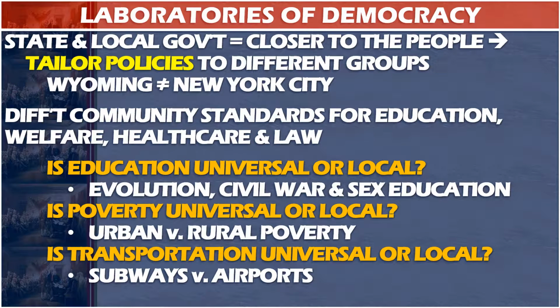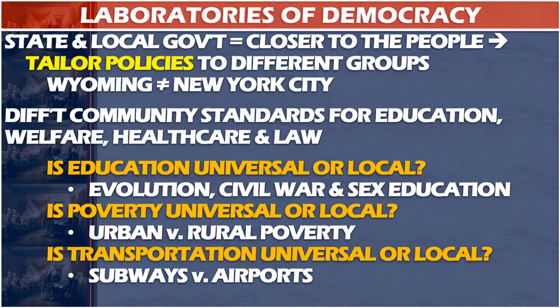So why would we give the state and local government so much power? The argument is usually that they're closer to the people, and therefore they understand the people. They can tailor their policies to different groups. So Wyoming is not New York City. Wyoming is largely rural. It's a relatively low population density. So Wyoming doesn't need things like subways, while in New York City they might become essential. On the other hand, while guns might be a menace in a large, densely populated city, guns might be necessary in Wyoming because there are threats from animals, and particularly wild animals, and the need to protect yourself in a low